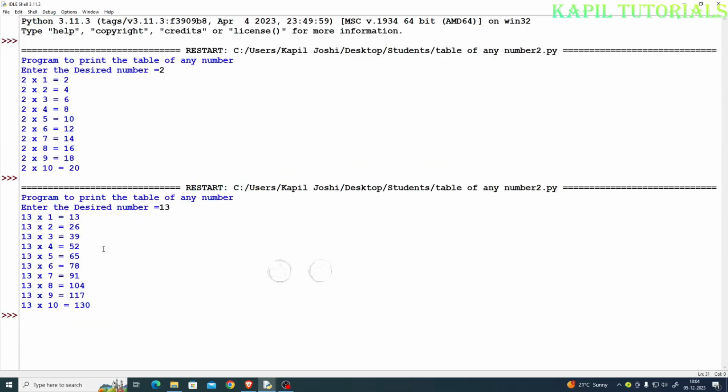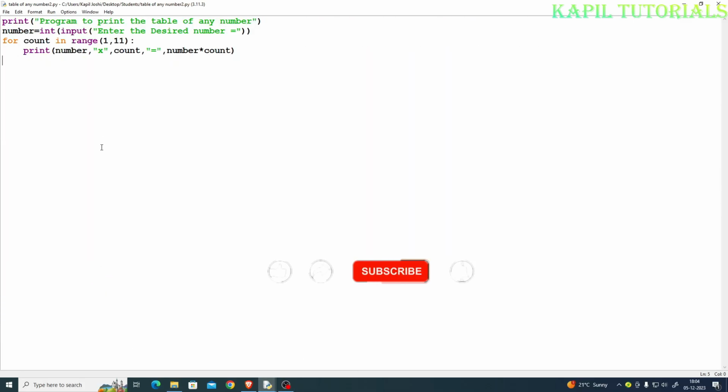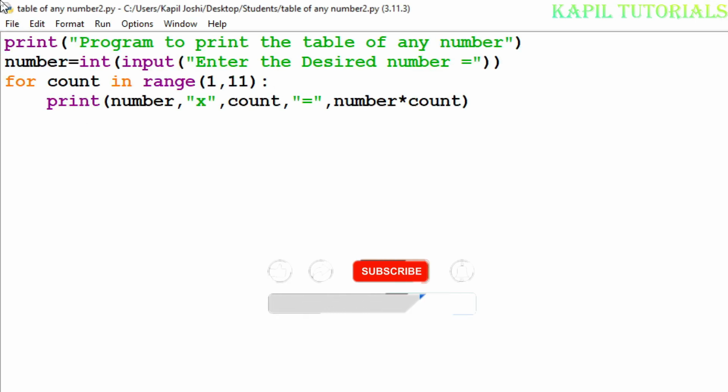So I hope the program is very much clear to you, and today you have learned how to print the table of any desired number. So with this I am closing my program,